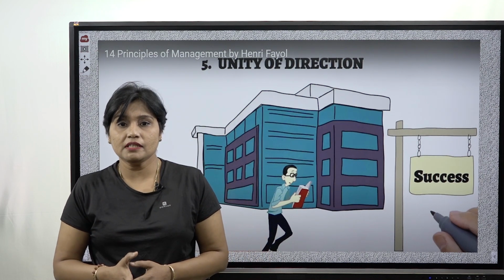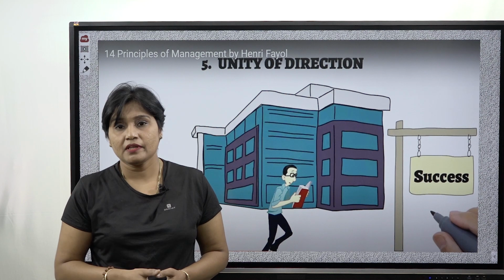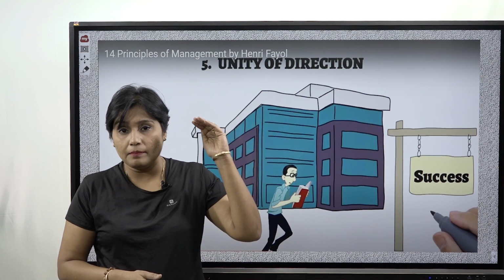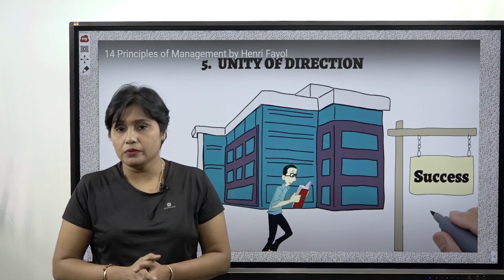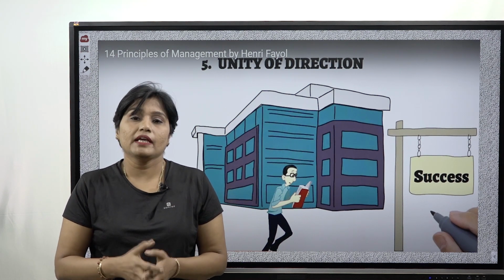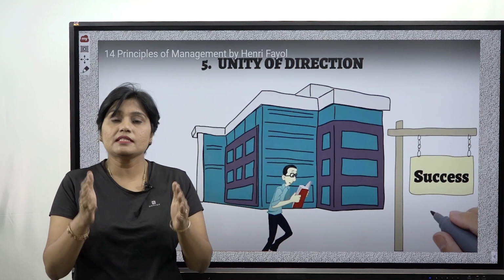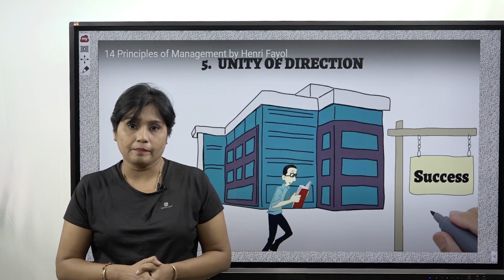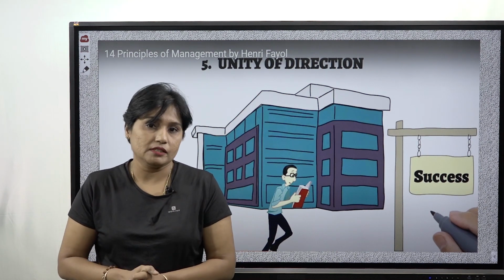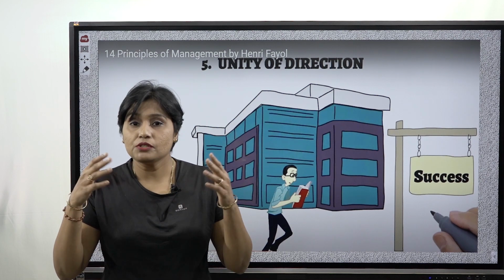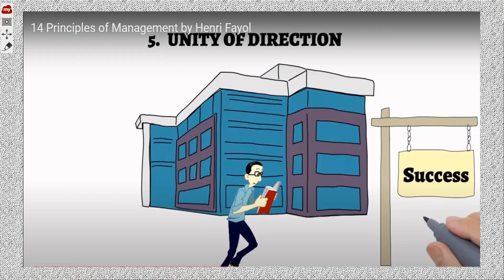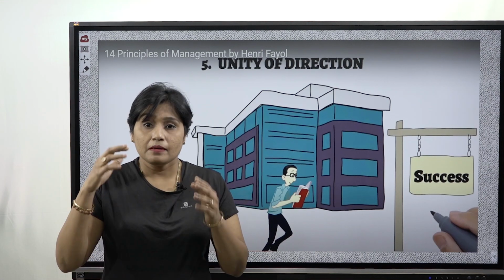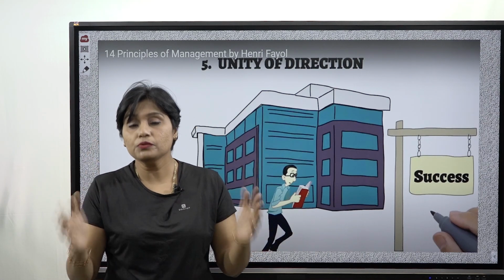Now, next point, unity of direction. Unity of direction means one head, one plan. That means one manager or one management must take care only of one unit. For example, again given in your text, a company is actually managing both motorcycle manufacturing as well as car manufacturing. Now, both cannot happen in a single unit. Both the manufacturing must happen in 2 different units. Mainly the 5 M's. M means the capital M, that is men, money, machine, material and method. All these 5 must be different for 2 different units.